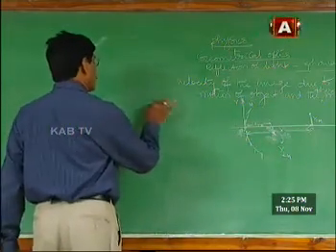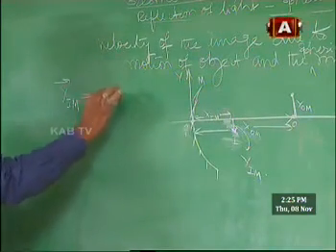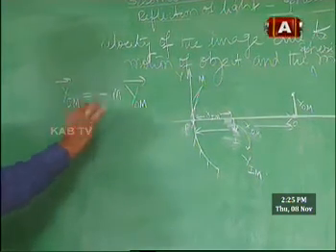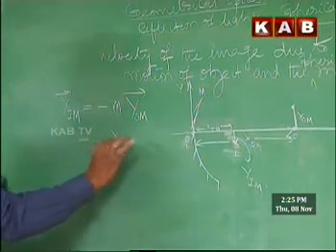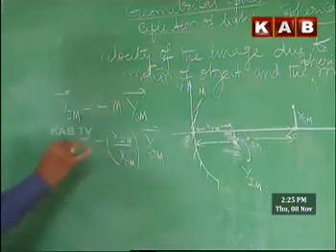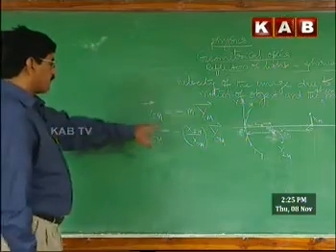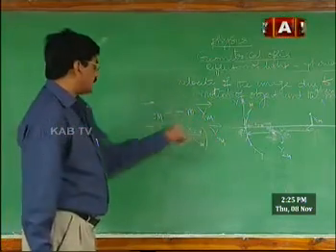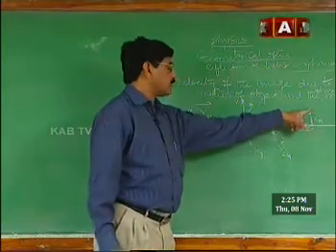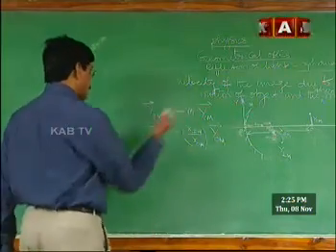Therefore, we can write Yim is minus m into YOM, where magnification m is xim by xom. This is the equation where magnification times the object height is the image height. We are using a negative sign because the object is along the positive y-axis and the image is pointing along the negative y-axis; the image is inverted and real.